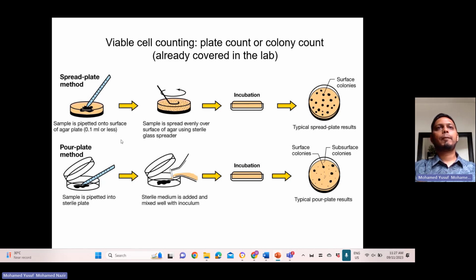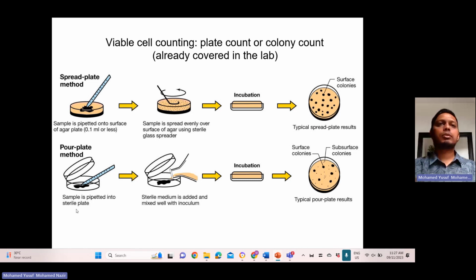So this is a way to check the viable cell growth, through the spread plate and also the pour plate. Normally, we use PCA, plate count agar, to detect the number of microbes. We only use 0.1 ml or 100 microliters to spread onto this agar, and then after incubation, we can start to detect the surface colonies. With the spread plate method, we can detect the microbes that can only grow on the surface of the agar, or we can call them aerobic microbes. But for the pour plate method, we can also identify the microbes that are able to grow aerobically and also facultative anaerobes.